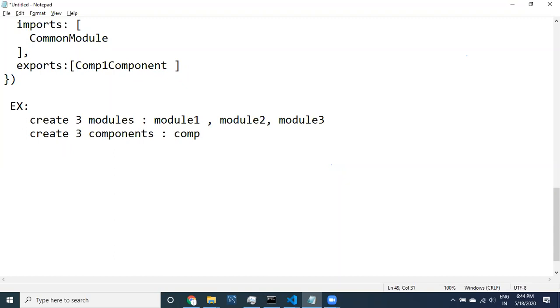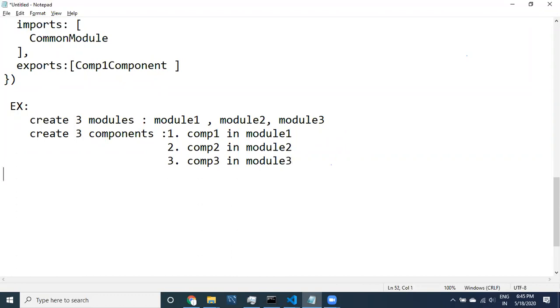Comp 1 in module 1, comp 2 in module 2, comp 3 in module 3.